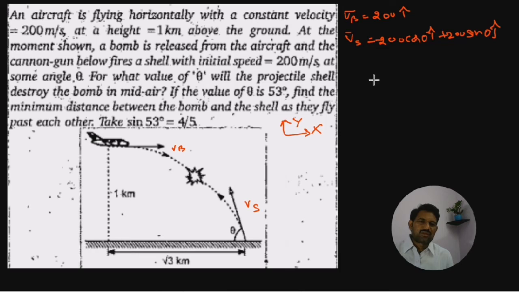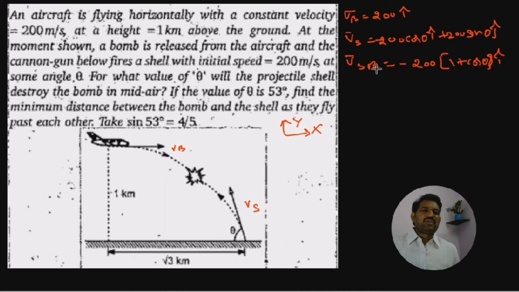Now I am writing the velocity of the shell with respect to the bomb, that means we assume the bomb is at rest and only the shell is moving. So this value will be